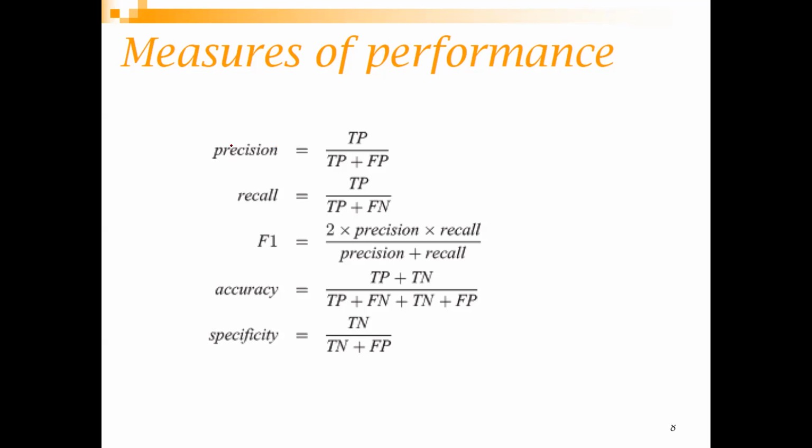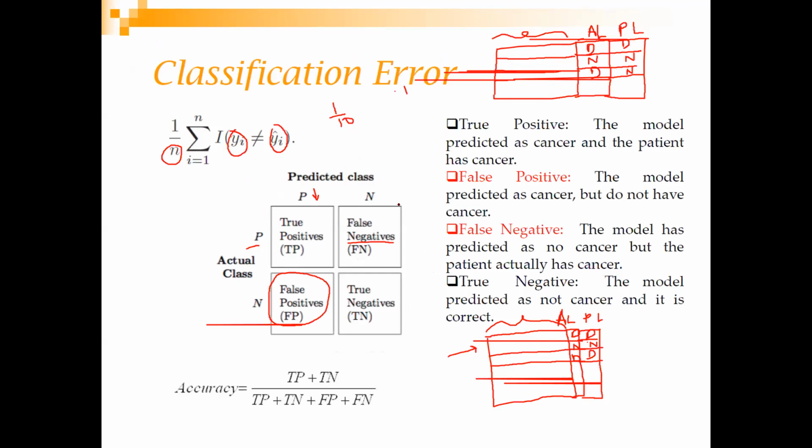So this is also called precision. How precise you are. What is recall? Recall is finding out, out of the actual positive cases, how many you correctly identified. So if you go back, what was this false negative? Or rather, what is this true positive plus false negative? True positive plus false negative is nothing but the number of classes where it is actually positive, right?